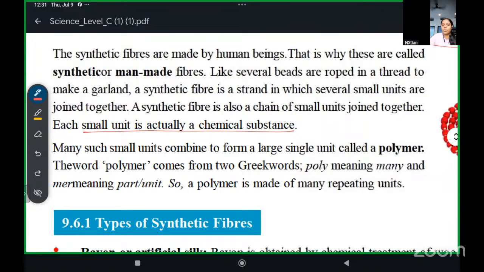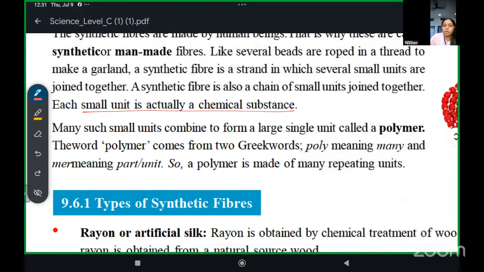Now many small units combine to form a large unit which is known as a polymer,